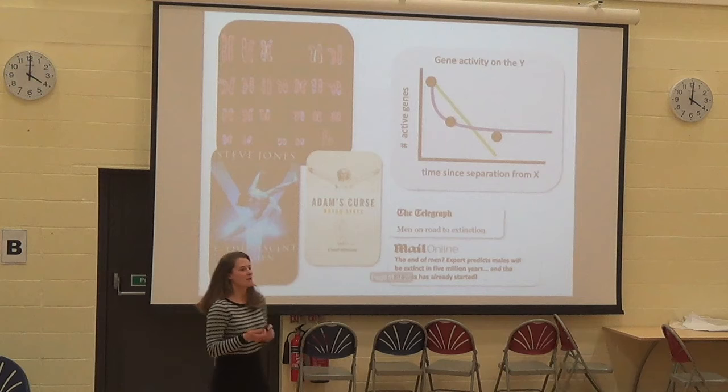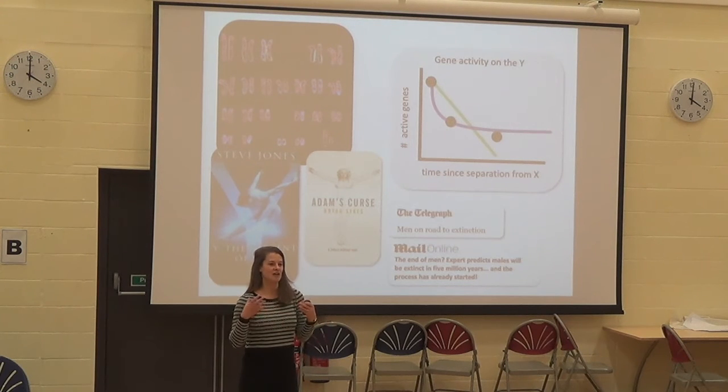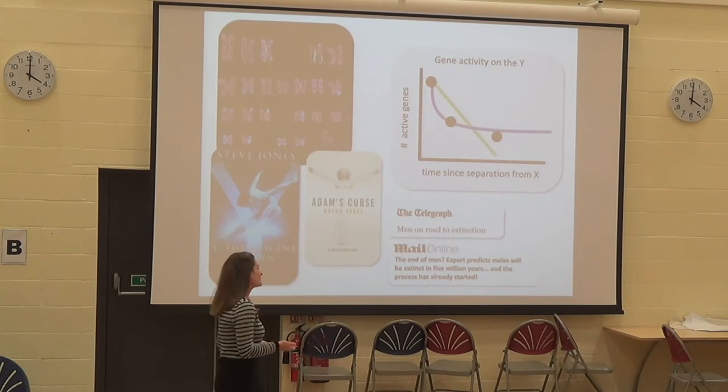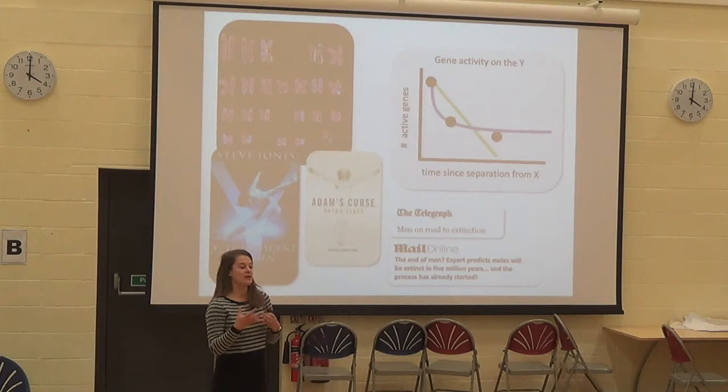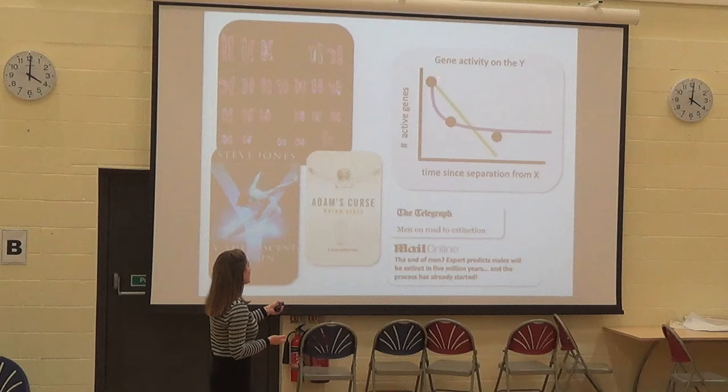But luckily, most evolutionary biologists think that this probably isn't the case, because the Y chromosome, at least in humans, has a very important role in fertility and reproduction. So what's more likely is that there's a very initial rate of gene loss, and then it's much more gradual as these genes that remain are really important for, say, sperm production, and so they're preserved on the Y chromosome because they're just really important, and so it's kind of maintained these remaining genes.